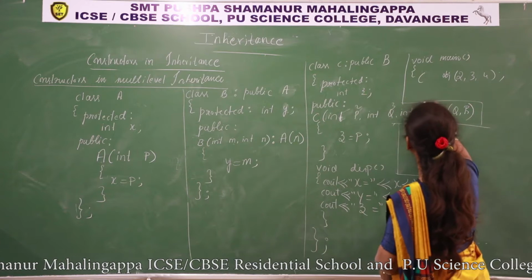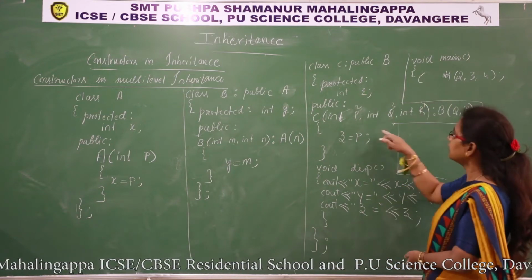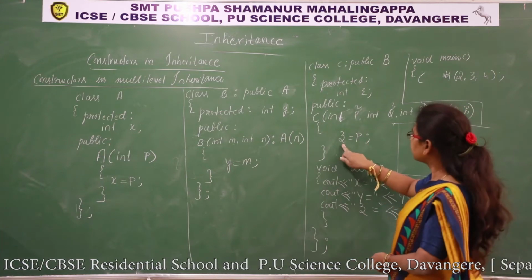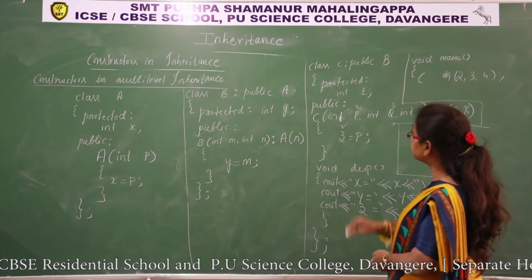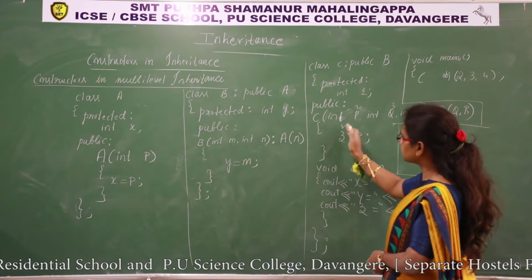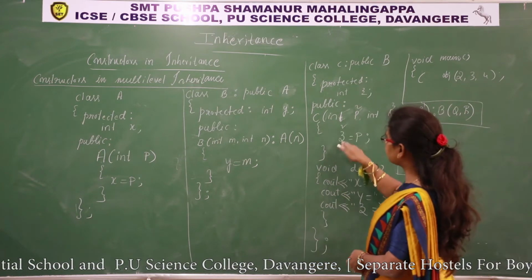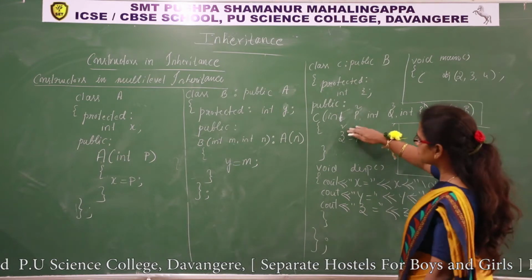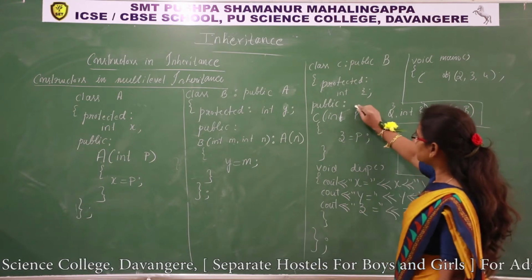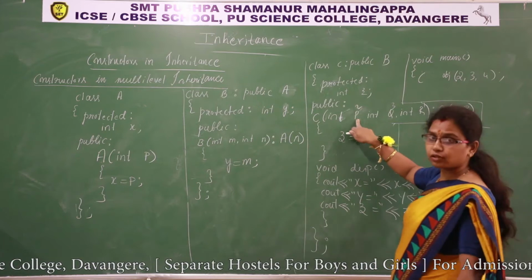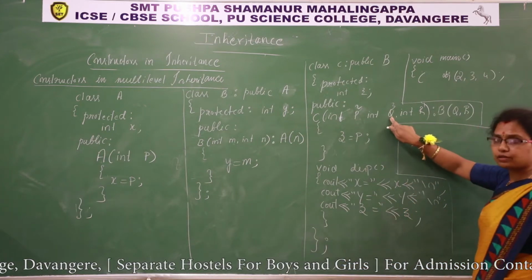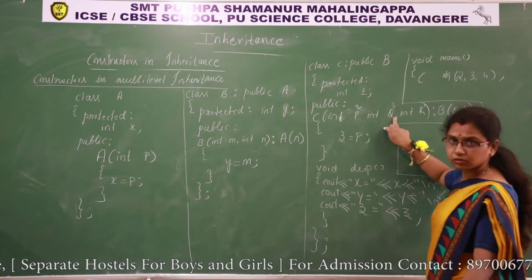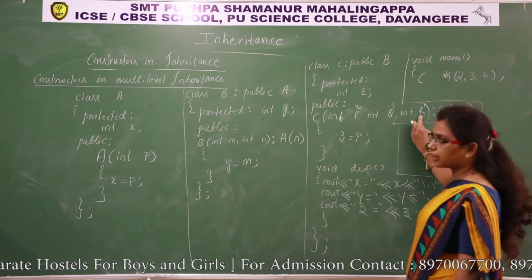2, 3 and 4. Among these three, I'll initialize the value of P to Z. So what is the value of Z now? 2. Because the P value is 2, that is assigned to Z, so Z gets the value of P, that is 2. But not at this moment, you just have to remember, P gets the value of 2, the value 3 will be copied to Q and 4 goes to R.